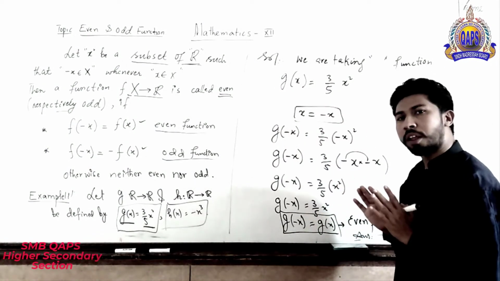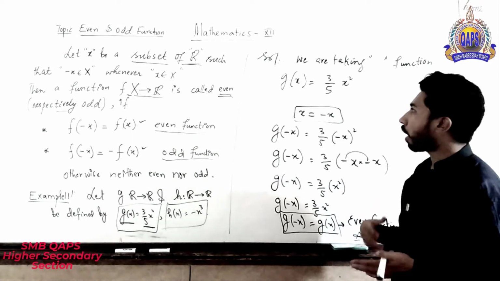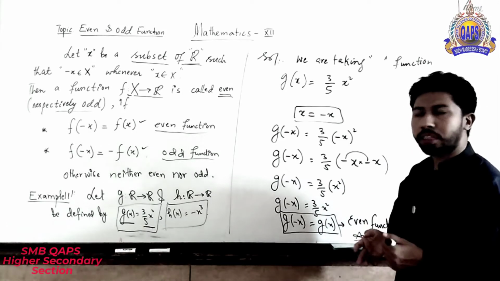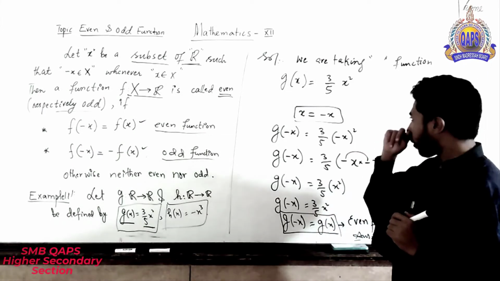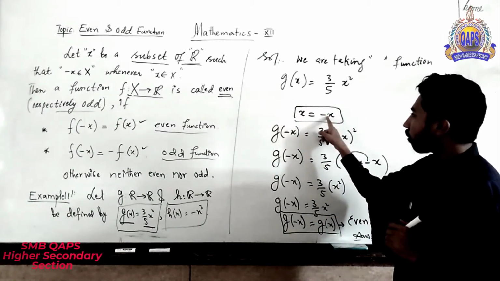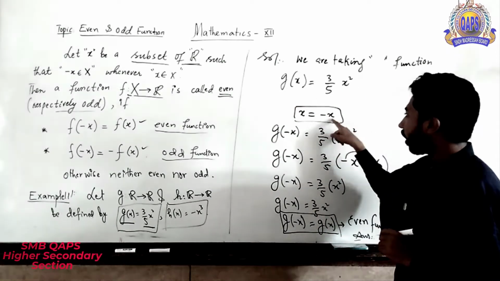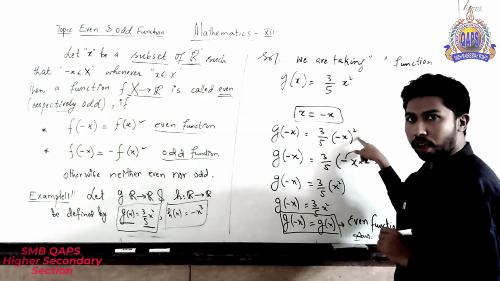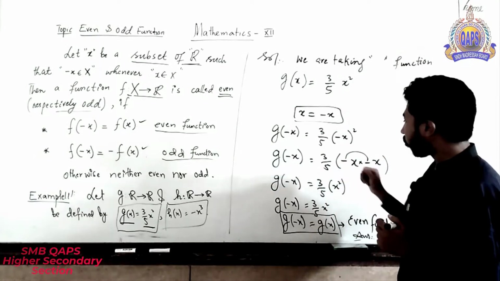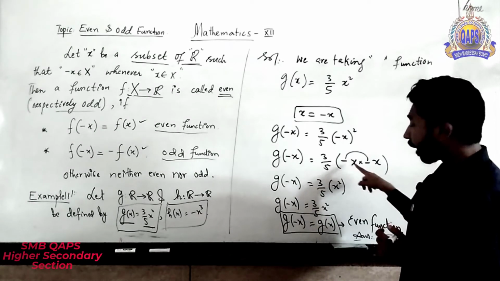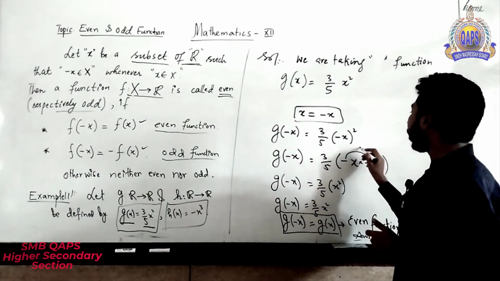You can put here not only numbers or digits, but you can also put a negative sign. So in the place of x we put negative x. This x also becomes negative x. Negative x squared is converted into positive x squared, because the negative sign multiplied two times is converted into positive.